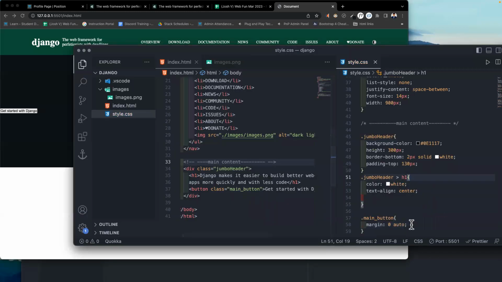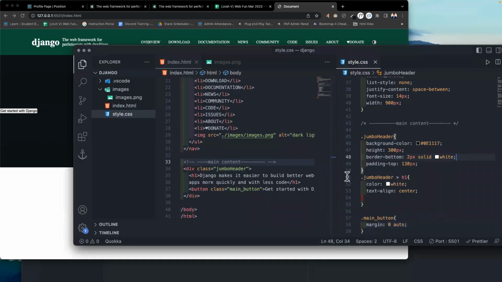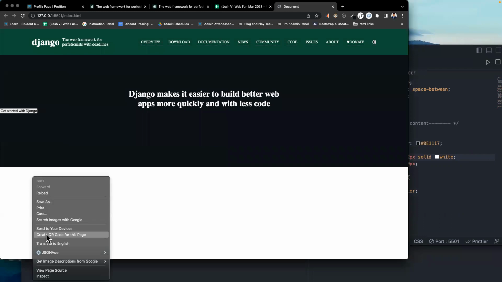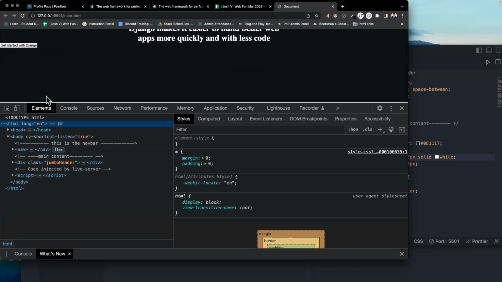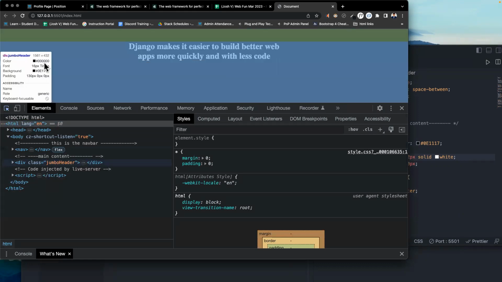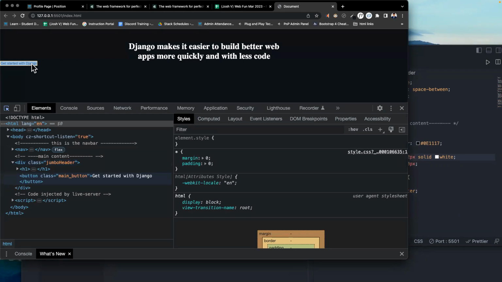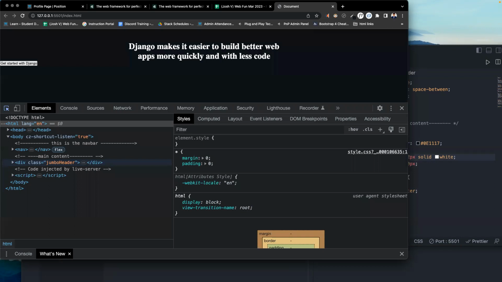Did I target it? This button needs to be like way over here. So